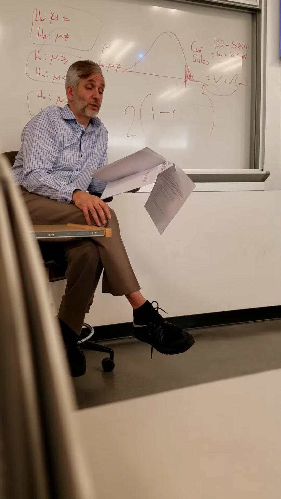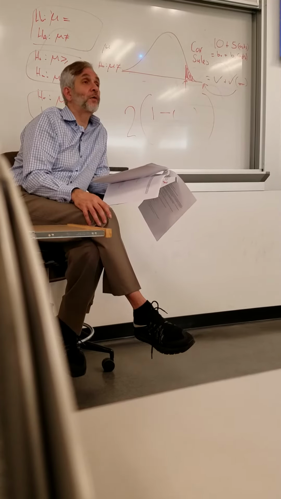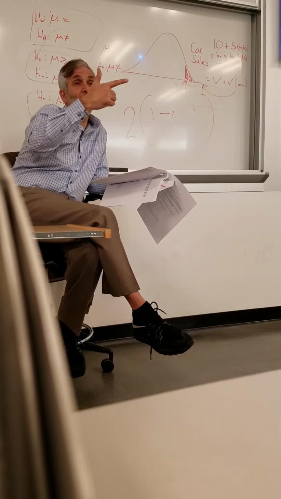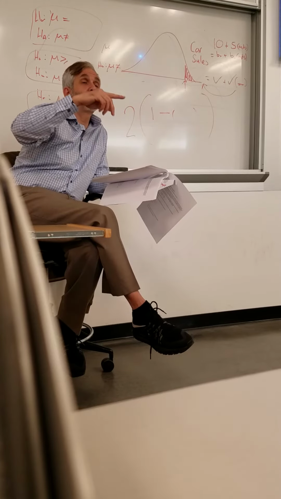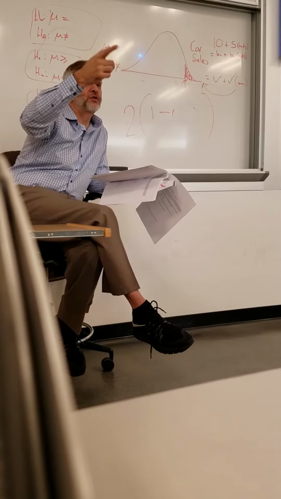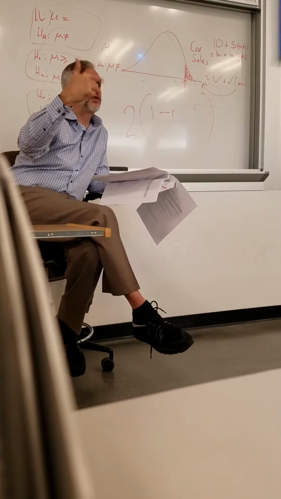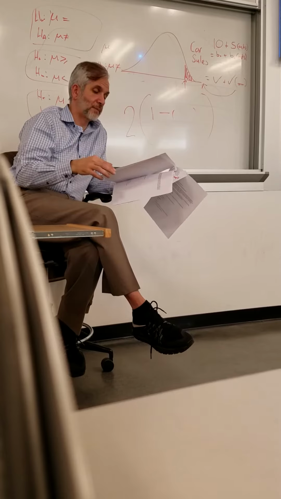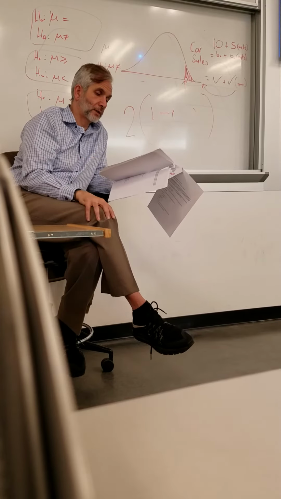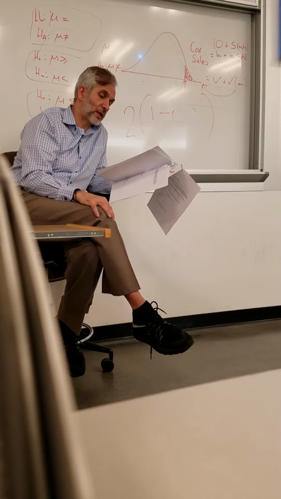And all you do, if you rejected or haven't rejected, you go back to the hypothesis, look at it, and your hypothesis should tell you. So if you do not reject, you go with H0. So what does H0 mean? Or if you do reject, you go with the alternative. What does that mean? Okay, so the next two questions are,